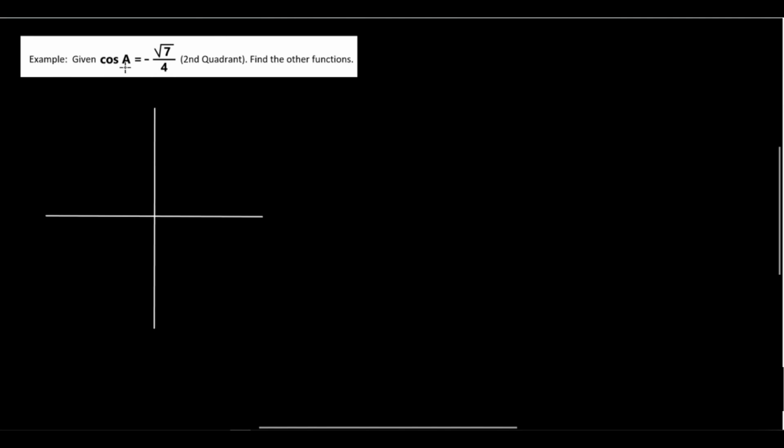Example: given cosine A is equal to negative square root of 7 all over 4, and it is located at the second quadrant. Find the other functions. So we have the coordinates. So this is the x-axis